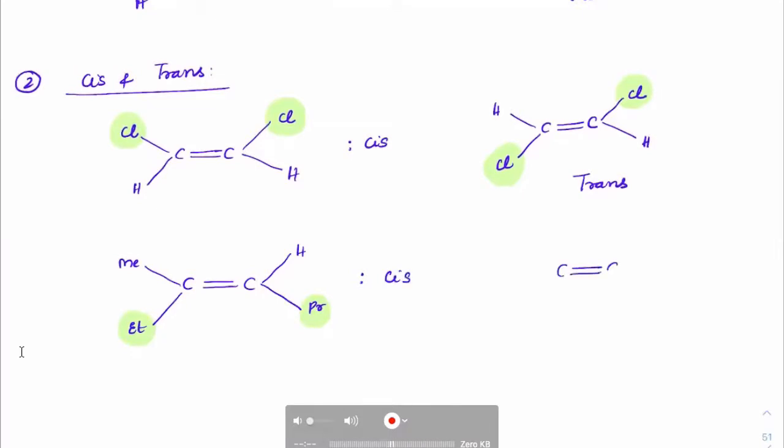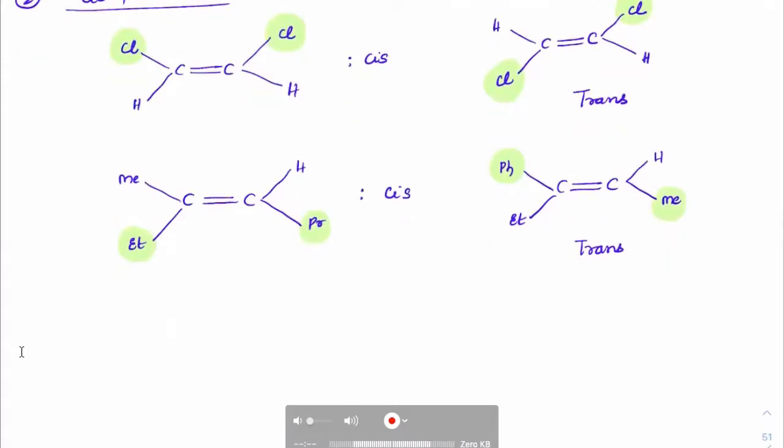If you have any other group like phenyl, ethyl, and I have hydrogen, methyl. In this case, phenyl is more bulkier. Here methyl is more bulkier. So it should be trans. Well, you must be wondering, sir, how do we decide the bulkiness? We have separate rules for it. As of now, just focus on ethyl, methyl, propyl, phenyl, only that much. But we have a generic way of writing the rules for which is the most bulkier form. But in case of simple groups, you should be able to figure it out.